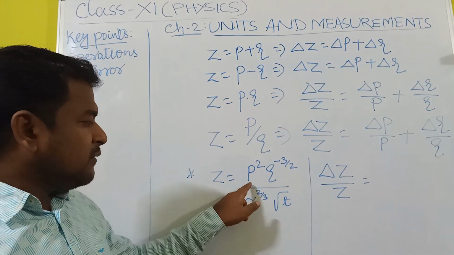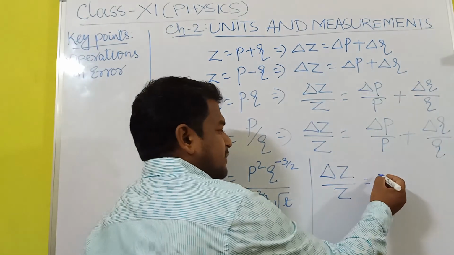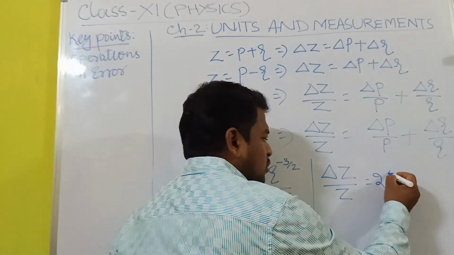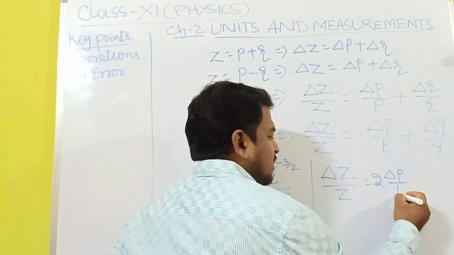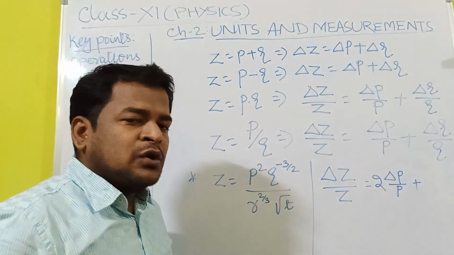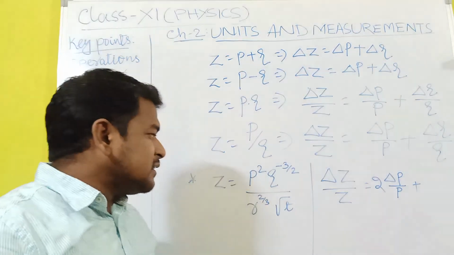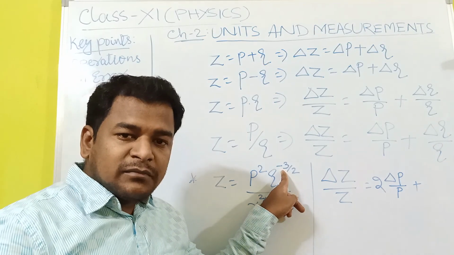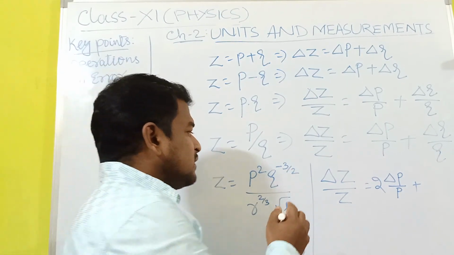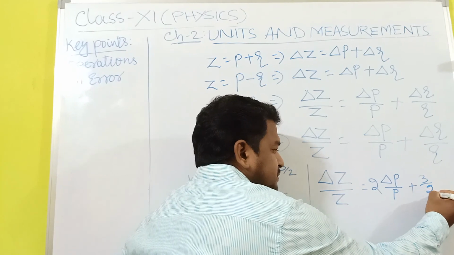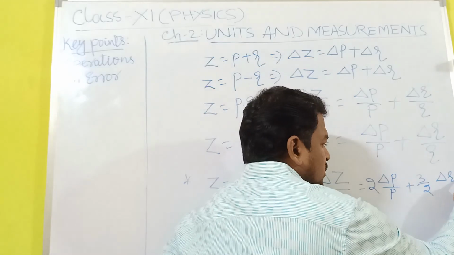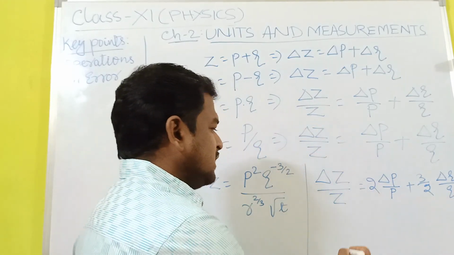P square means we have to find out the relative error here. That means simply we will write the power of p, that is 2 into relative error of p, that is delta p by p, plus, no need to get worried whether there is the plus symbol or minus symbol. Okay, just focus on the values only. That means here 3 by 2, next relative error of q, that is delta q by q, again plus